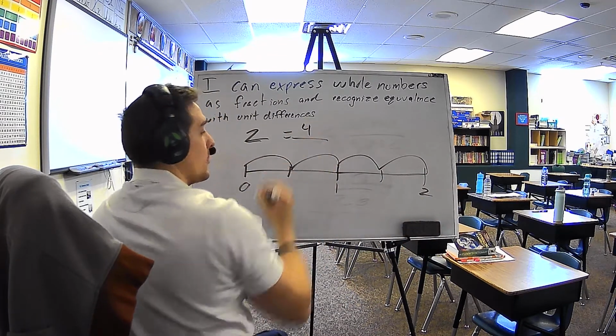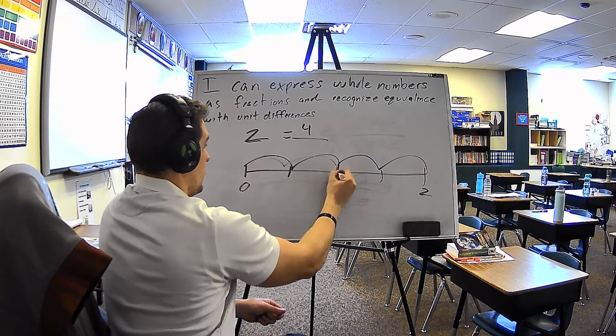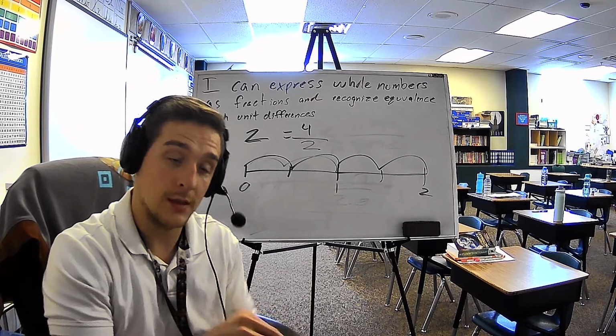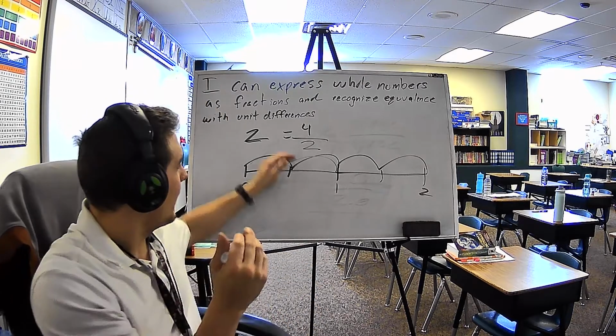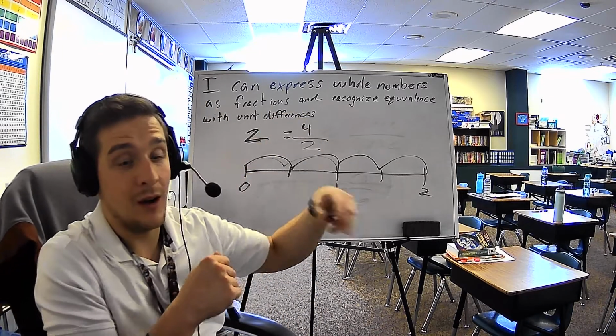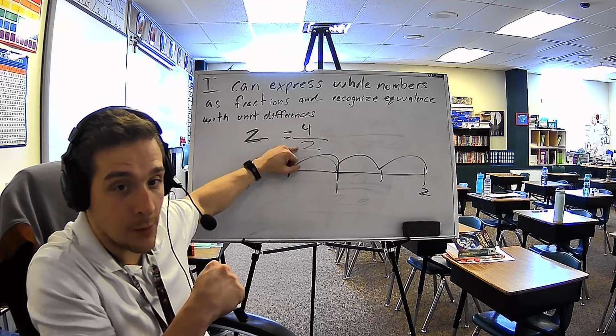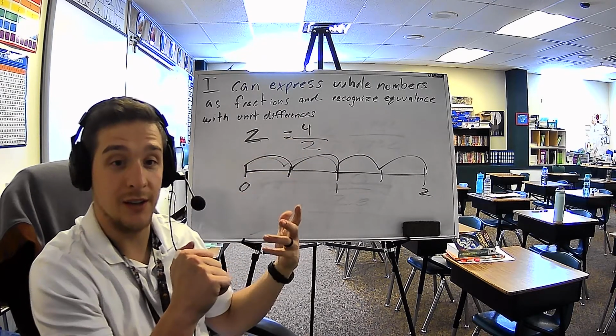And how many pieces do I need to make a whole? 1, 2, just 2. So we know that 2 is equal to 4/2, which goes off the idea that if the top number is double the bottom number, the numerator is double the denominator,